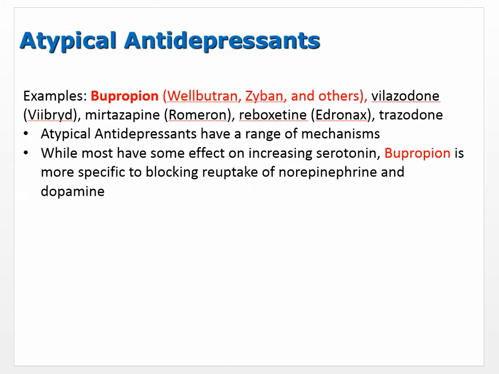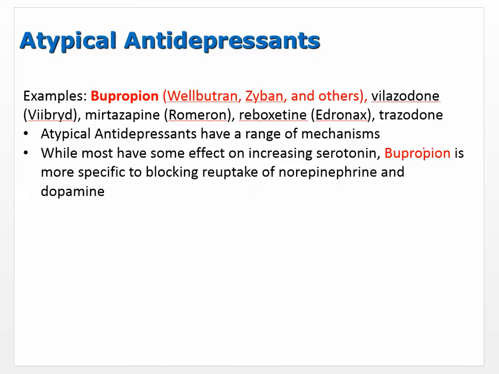All right, so let's look at these atypical. So the research is still continuing for depression treatments because it doesn't work with everybody, and they aren't perfect. We're constantly trying to reduce side effects. So the example, and this is your prototype, bupropion, vilazodone, mirtazapine, reboxetine, trazodone is another one. We can't really point to a mechanism because that's why these are atypical, is they all have slightly different mechanisms that don't really match up with any of the other drug categories. That's why they're pushed into this category of atypical.